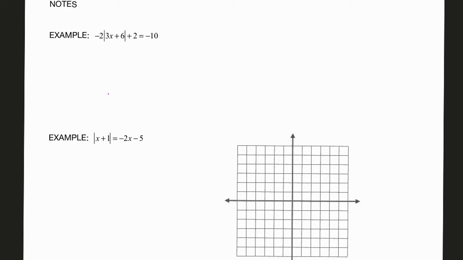Okay, so in order to solve this equation, I need to isolate the absolute value. I need to get it by itself. Do not, under any circumstances, distribute that -2. Okay? Do not. Resist the urge. Resist. Okay, so first I'm going to move this 2 to the other side,